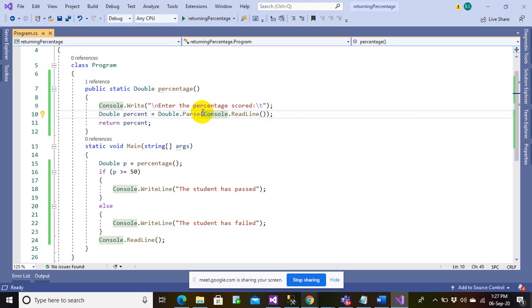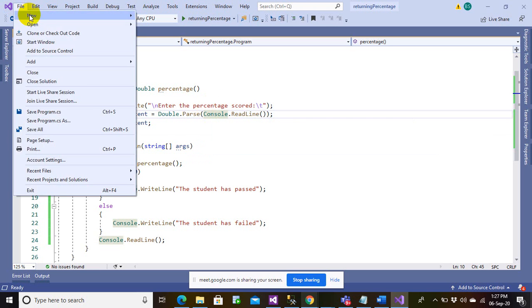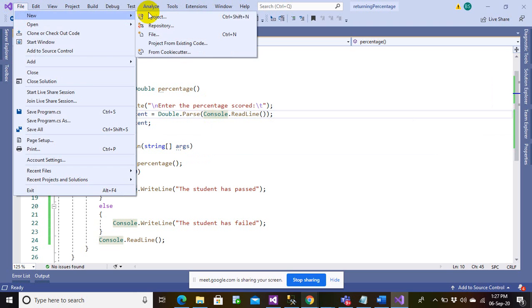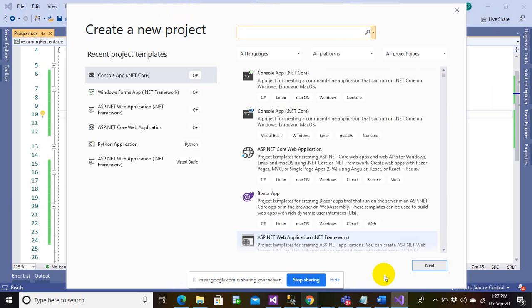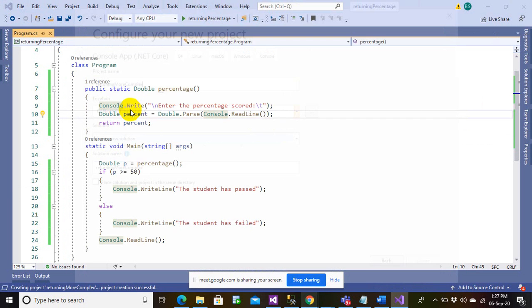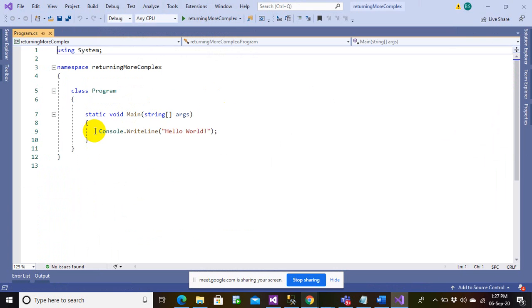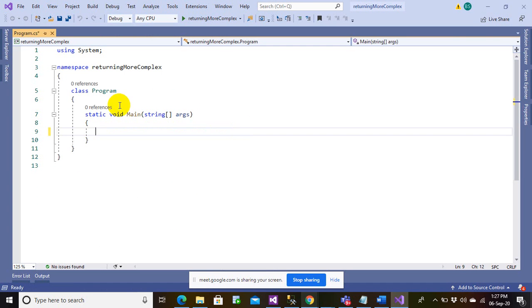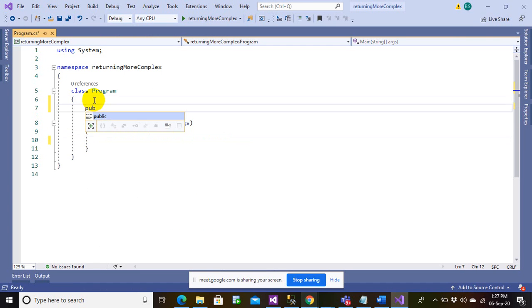Let us give you one more example, more complex than this. There could be a function.